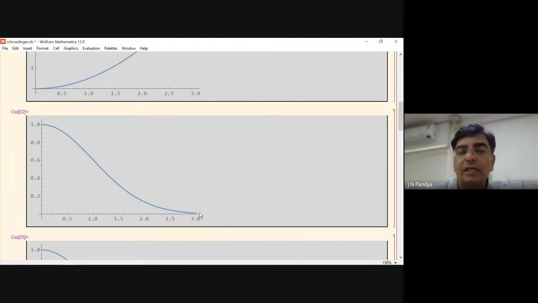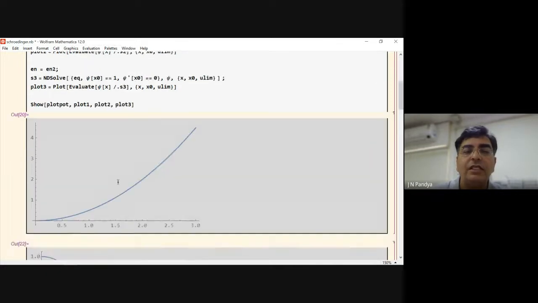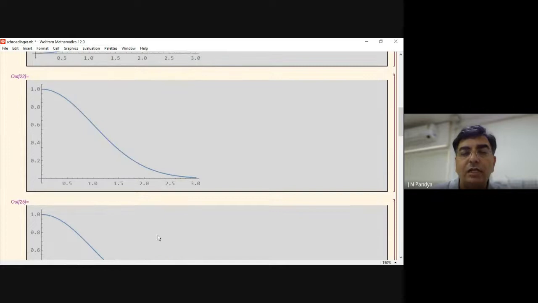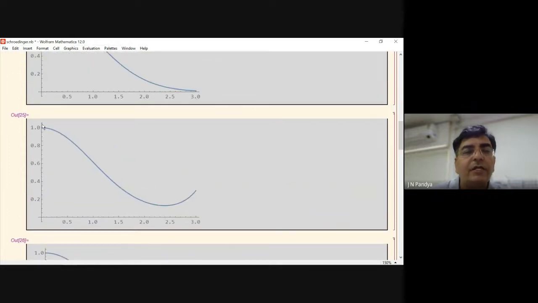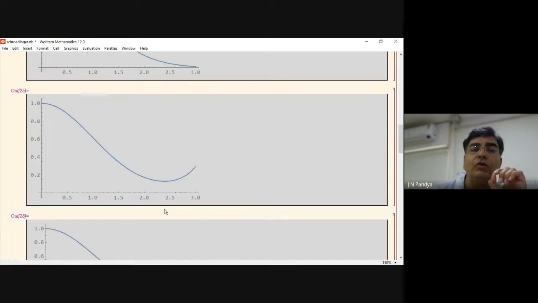But this will be working exactly until you have got this thing to be En, right? Your energy is exactly matching with the ground state energy. In that case, it will be working. Then if it is not the ground state energy, it will be going like this. And if it is 0.51, then it will be going like this. So only for the case when the energy is exactly matching with the ground state, you will have a solution.